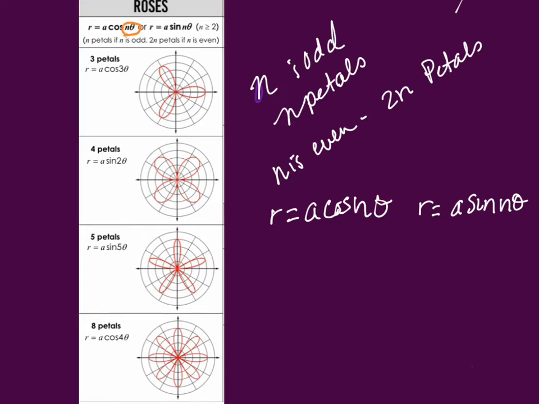N has to be greater than 2. All right? So now, the n determines the petals. When n is odd, you have n petals. So if it's odd, you have that many petals. So if we have r equals